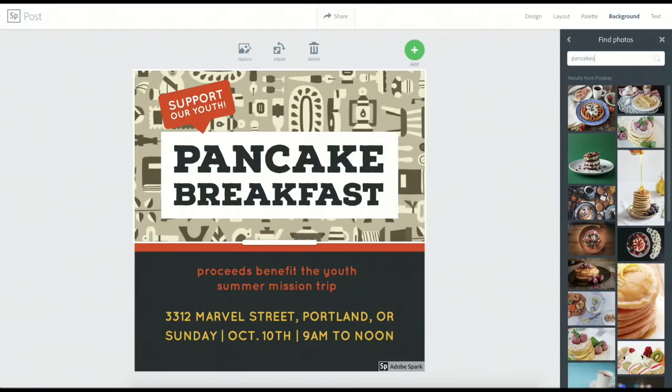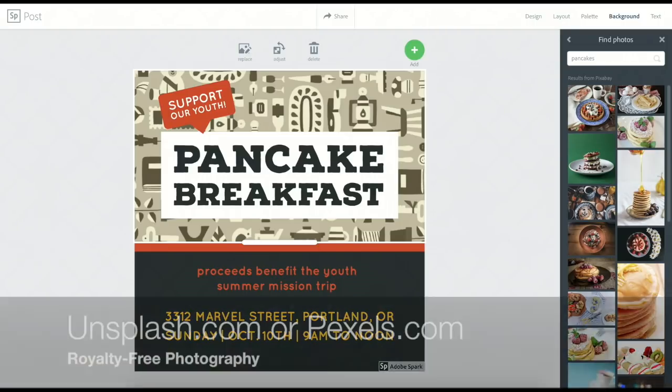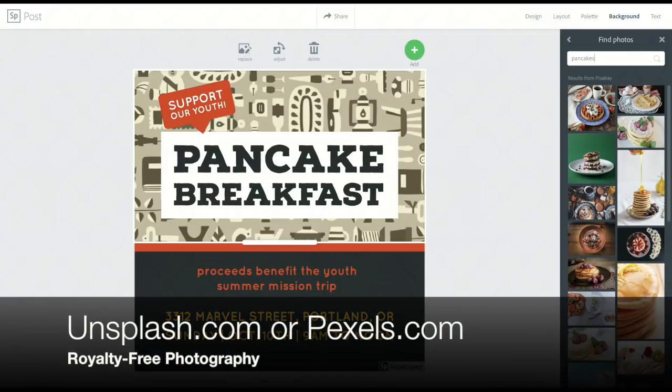Here is a collection of royalty-free images that you're allowed to use for free as part of Adobe Spark. And this is a really important detail to remember when you're putting together images for use online with your ministry. You want to use images that you have permission to use, either permission that you got directly from the photographer or permission that's included in the image license. There are plenty of places to get images online, but Google Images is not a great place because it does not filter by license type. Instead, you're going to want to look for royalty-free websites like unsplash.com or pexels.com,